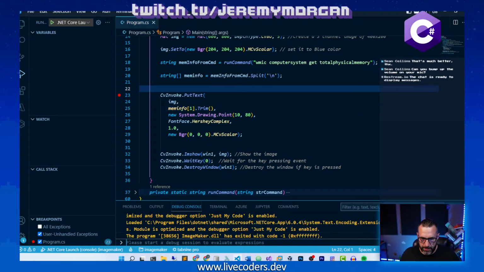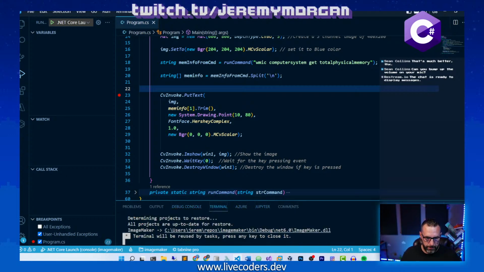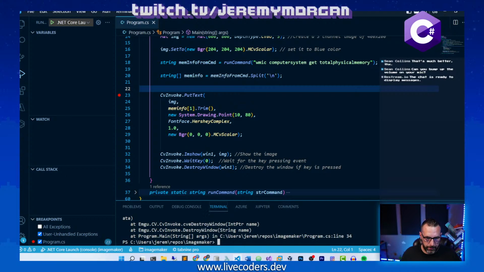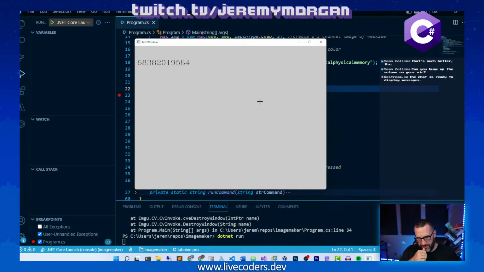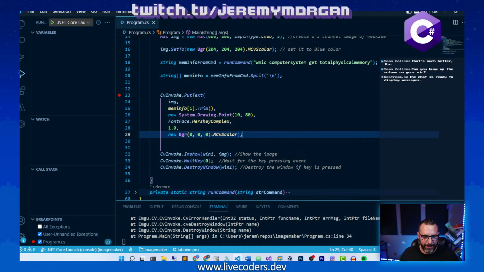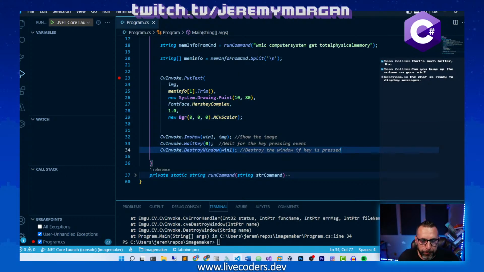Trim the blank spaces out of there and see if that helps. And key to close it. Run. There we go. Just trimmed all the blank space and garbage off of it. So there is how much memory we have on our system, which is awesome. Now another thing I'm thinking of abstracting to a function would be this entire put text right